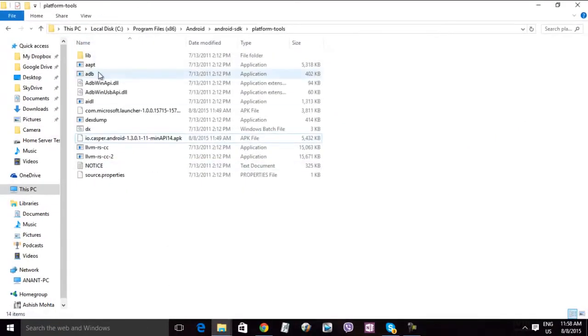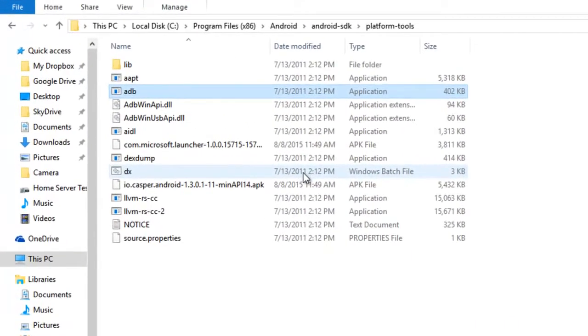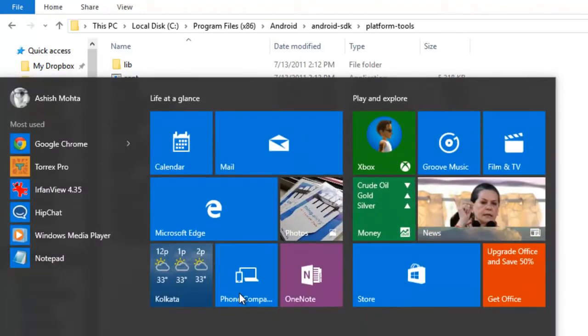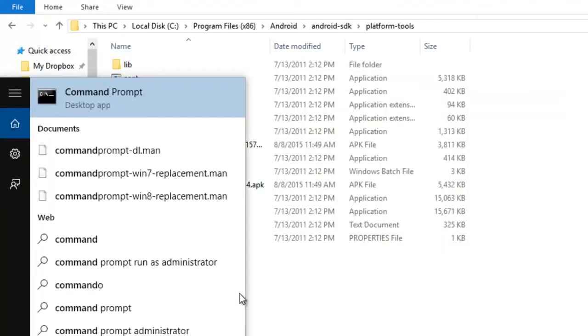Now next thing you will need to check is for the ADB tool. So it should be in program files, Android SDK, platform tool. So this is ADB available there. Now you can see I already have a couple of APKs which I have downloaded. I'll suggest if you want to download something, find out.